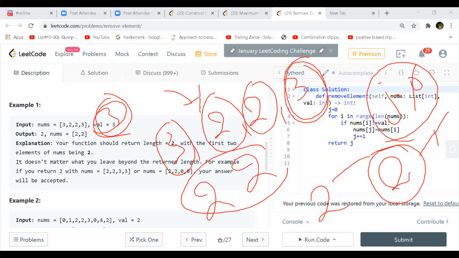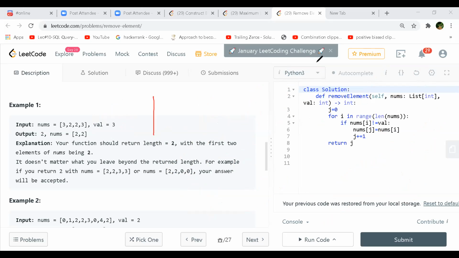Let's say we have an array of something like 1, 2, 3, 5, 4. Basically the element that I want to remove is all the way at the end of the array. That means we're making unnecessary copy operations for the first elements, right? Because if you look at our solution, we're copying everything. But if we just need to remove 4, why are we copying everything?